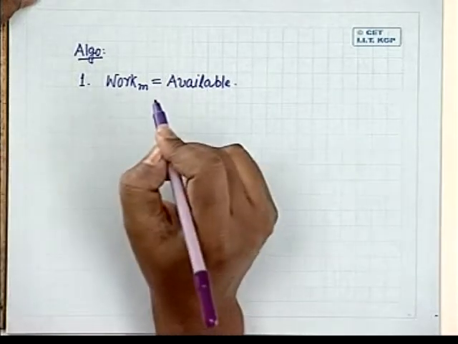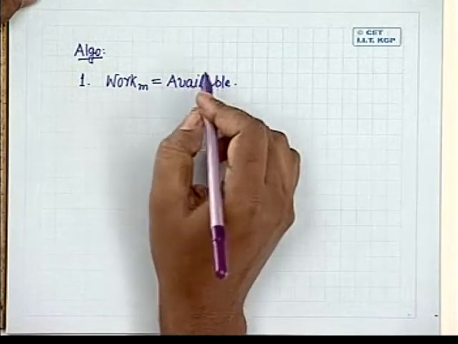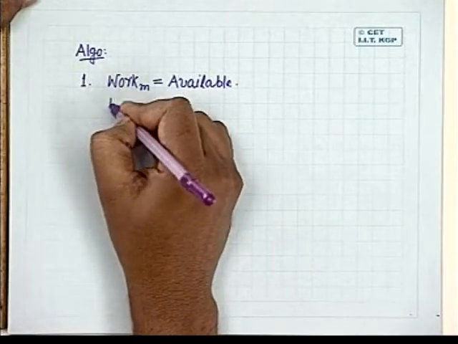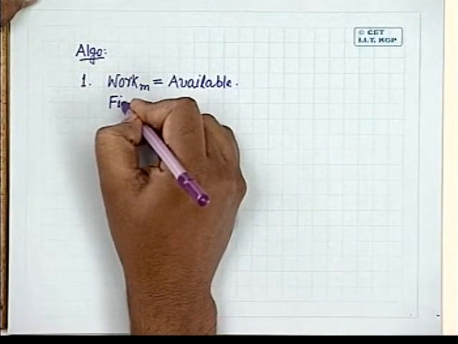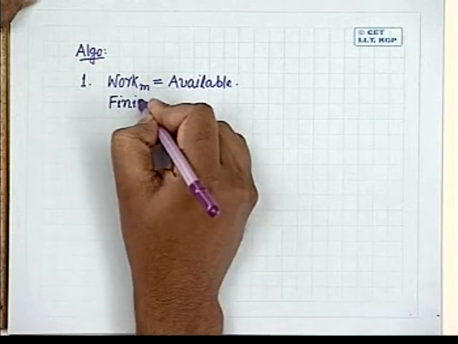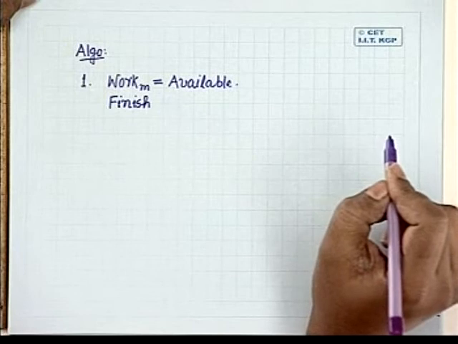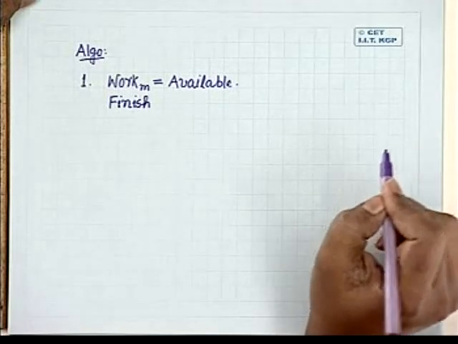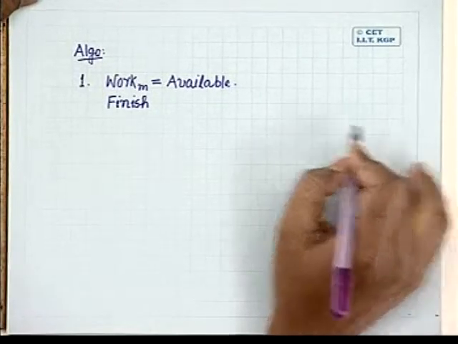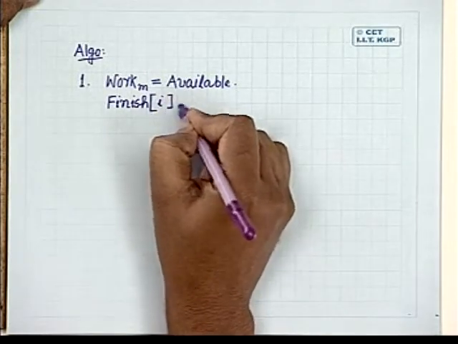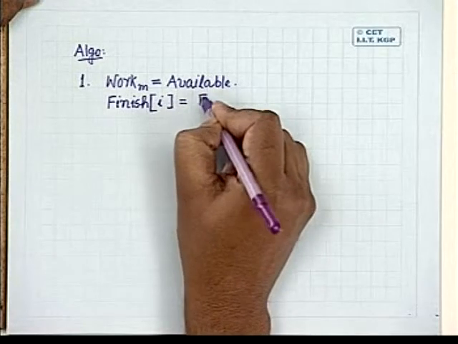Okay. And there is a second data structure, a Boolean vector Finish of dimension n. In our earlier case, we have assumed that initially every element of this vector Finish is set to false. In this case, we will assume that Finish[i] will be equal to false